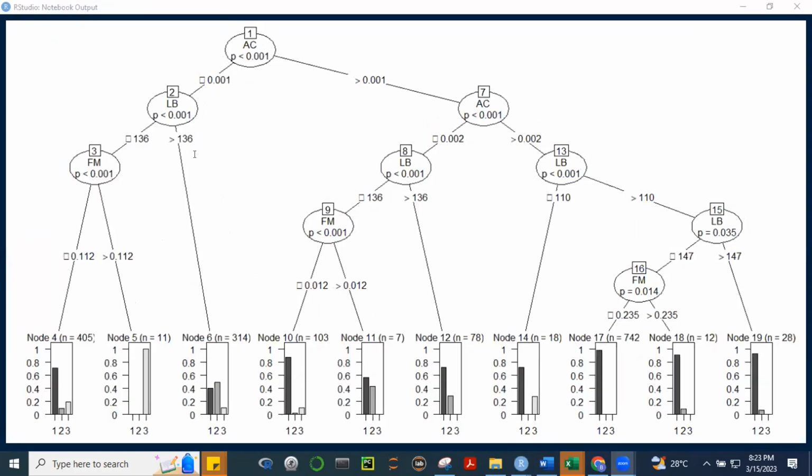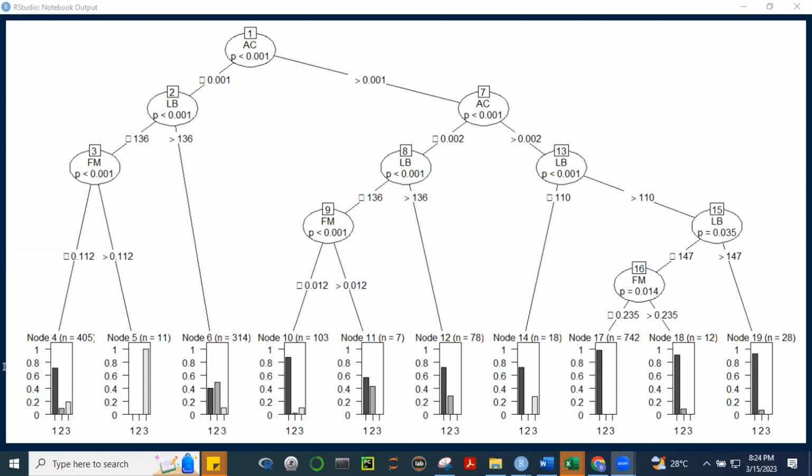Yung node na to, this one, node 6, okay, it's a probability distribution where distribution ni 1, okay? Take a look at this. So merong probability siya. The probability that it will be 1 is this amount, around 0.4. The probability that it will be 2 is around 0.5 or 0.6. So malamang 2 siya, no?